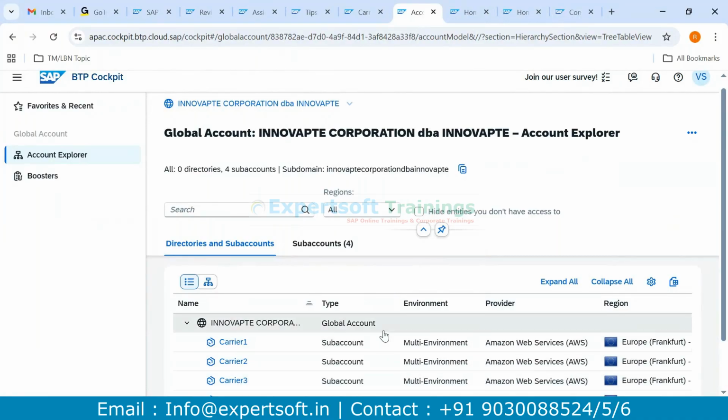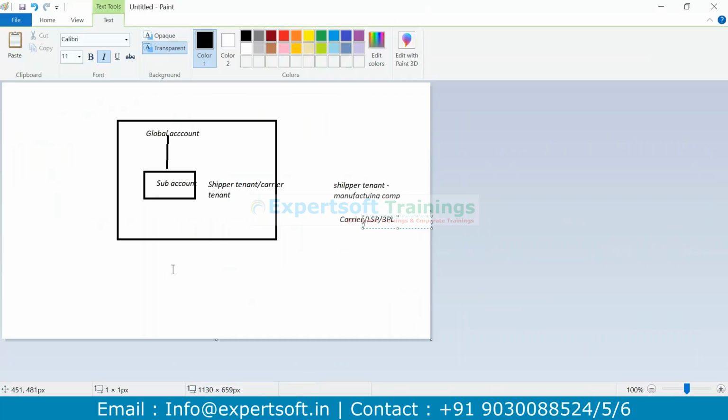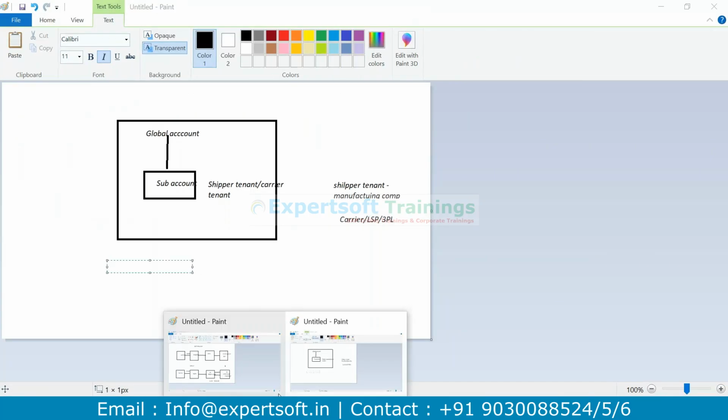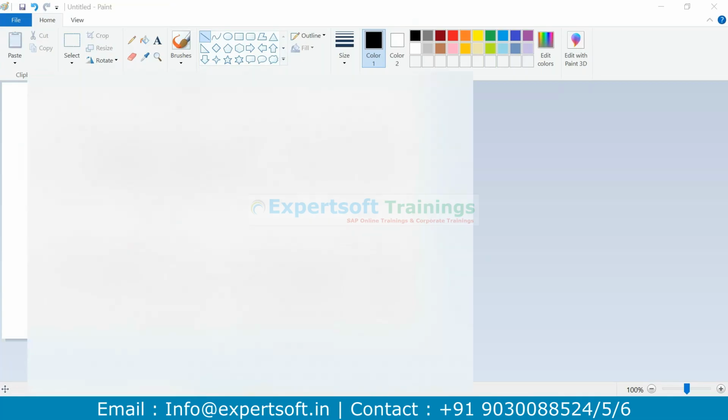The next step is to establish connectivity. The meaning is we need to establish a connection from here to here, BN4L. From here to here, we need to establish a connection. I'll open a new